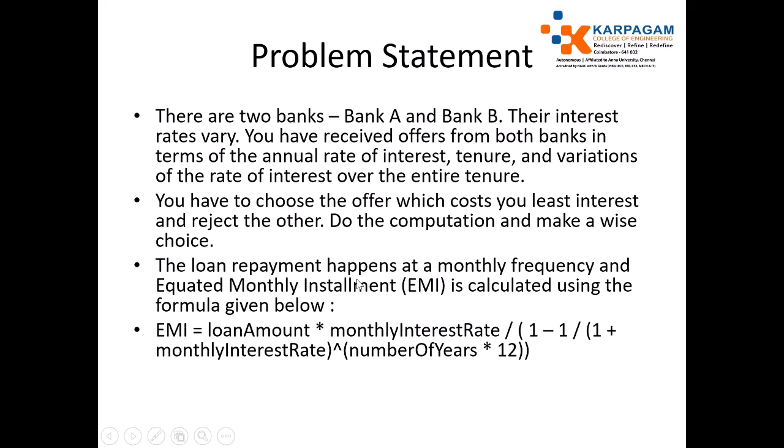The loan repayment happens at a monthly frequency, and the equated monthly installment, that is EMI, is calculated using the formula. EMI equals loan amount times monthly interest rate divided by 1 minus 1 divided by (1 plus monthly interest rate) power (number of years times 12). So they told how to calculate EMI. Okay,